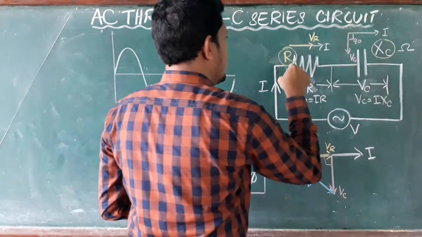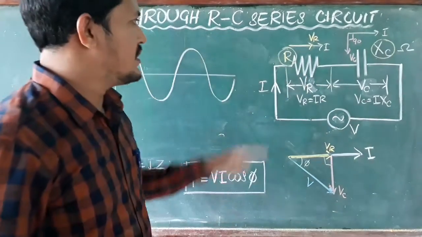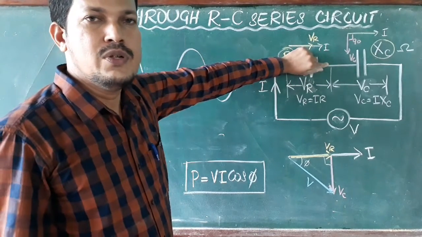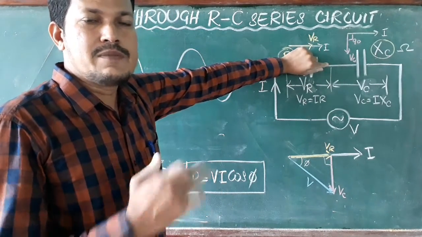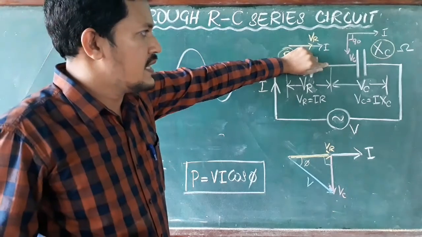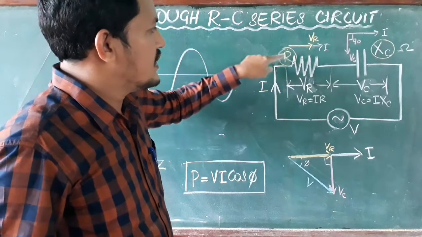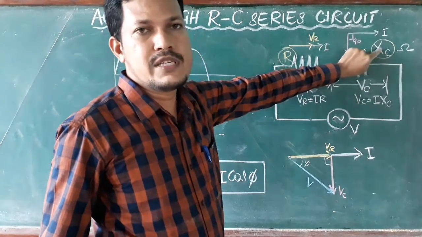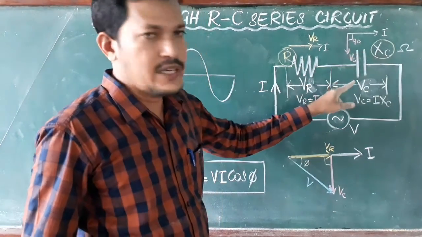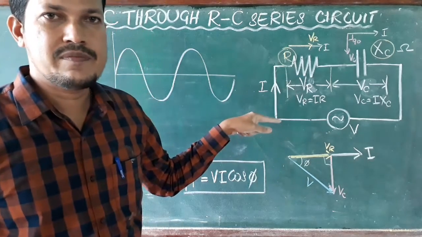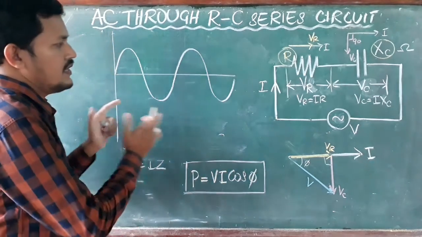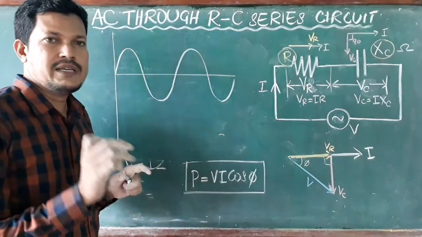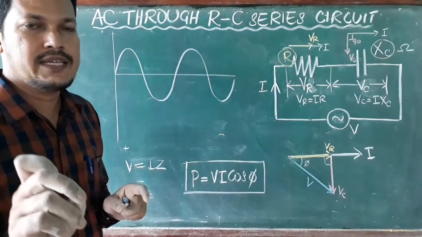Clear? Whenever the resistance becomes very small, that means resistance becomes 0, only a capacitive circuit, so the current leads by exactly 90 degrees. Whenever the capacitance value is 0, the Xc becomes 0, so it is only a resistive circuit, and the current is in phase. So surely it is leading by some angle, but in between 0 and 90 degrees.